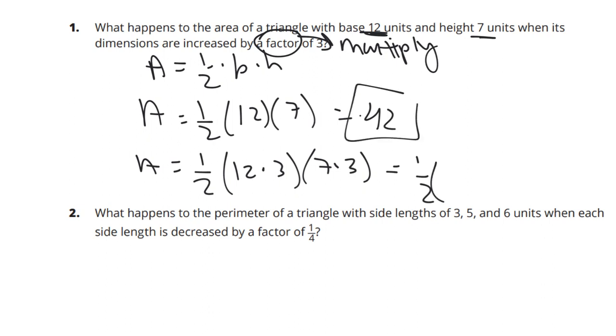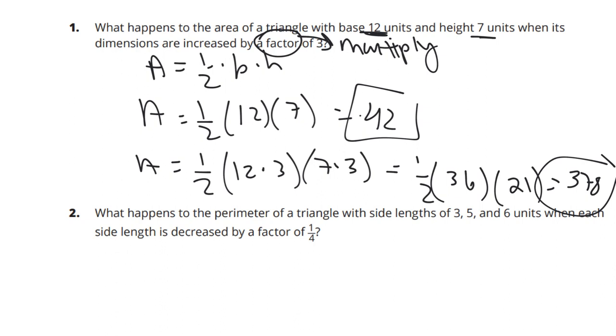So then 12 times 3 is going to be 36. And then 7 times 3 is going to be 21. So actually, let me get my calculator for this. 36 times 21 is going to be 756. And then 756 times 1/2 is going to be 378. Okay, so if you do 42 times 3,